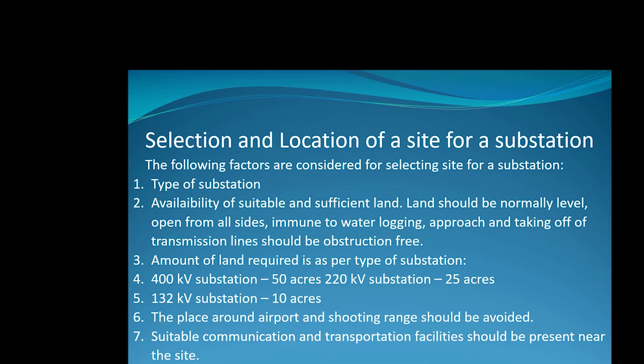The substation should not be located close to an airport or a shooting range. It should not have an environment around it which has metallic dust in the atmosphere, and gaseous fumes which can corrode the electrical apparatus. Also, there should be facility for drainage and transportation, and also facility for communication near the substation. Also, proper amenities should be provided for staff working in the substation.